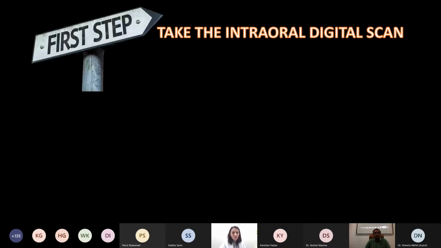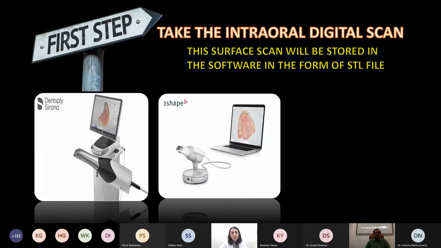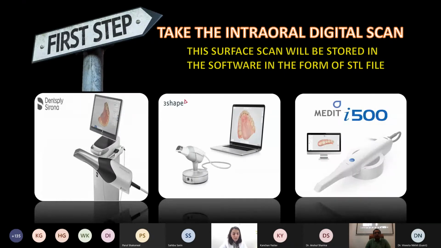Step number 1, take the intraoral digital scan. You can use any intraoral scanner available nearby, but my best recommendation would be Dentsply Sirona, 3Shape Trios and Medit i500.